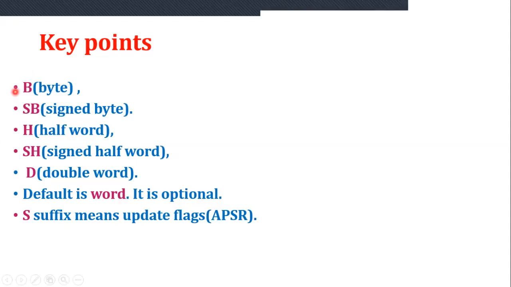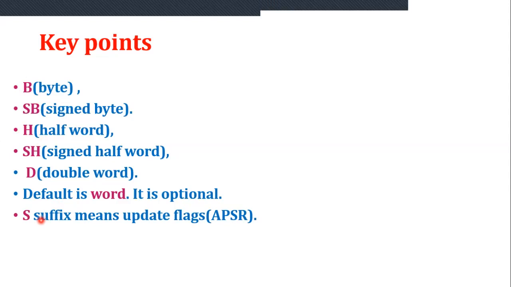B is nothing but byte. SB is signed byte. H is halfword. SH is signed halfword. T is double word. And by default, if you don't mention anything in the instruction, it is taken as word-wise.